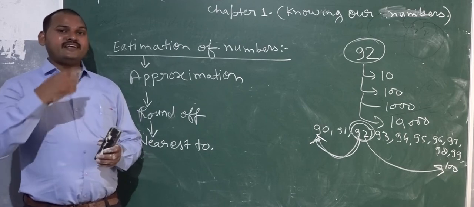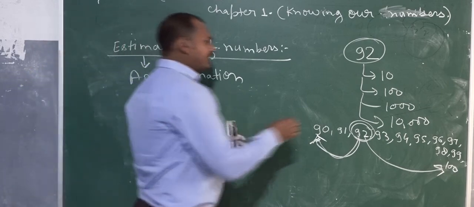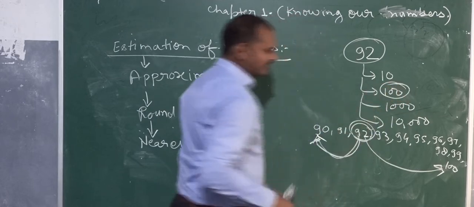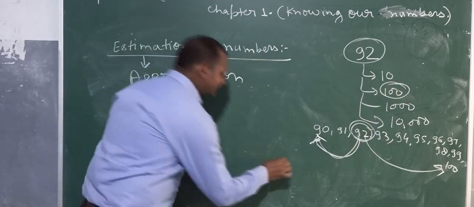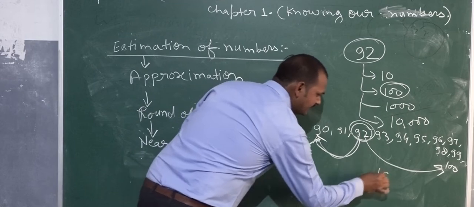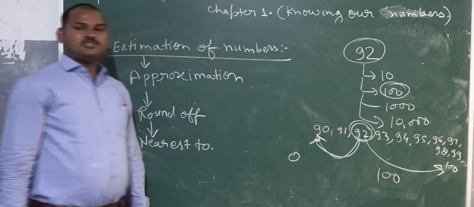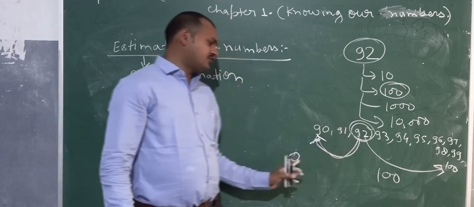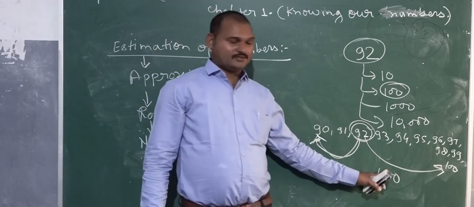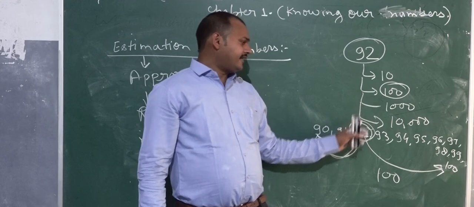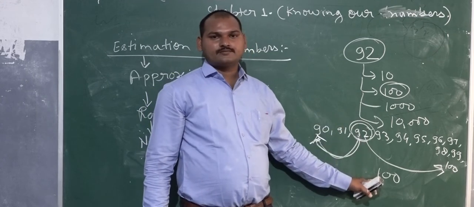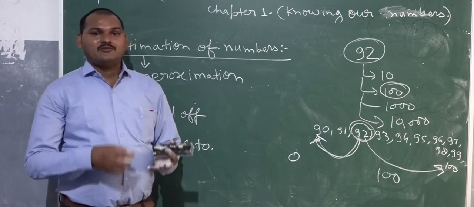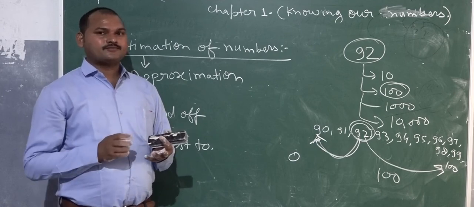But nearest 100? Nearest 100. In 100 there is 0 and 100. 0 and 100, and 92 is nearest to 0 or 100. When we see here, 92 is nearest to 100. If you ask to find the nearest to 10, then you